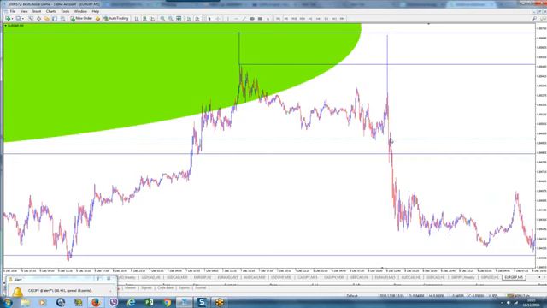So yeah, I'm absolutely loving this. So this little M5 kink could turn price on a monthly scale. And there's nothing wrong with turning price on a monthly scale with an entry there and a stop loss above there, which then gives you